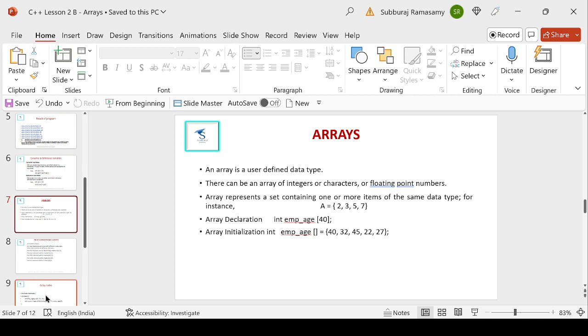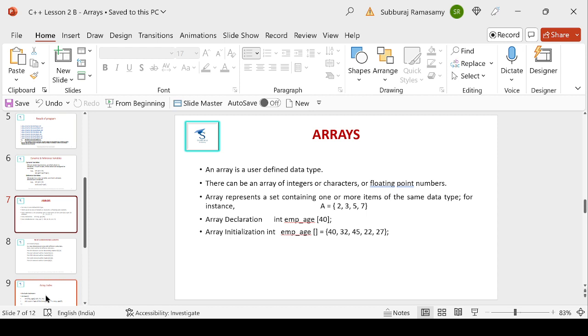So array is the topic of this lesson. An array is a user-defined data type. We were looking at primitive data types, int, float, short, double, bool, etc. But array is a user-defined data type. The user designs what type of data structure he wants.